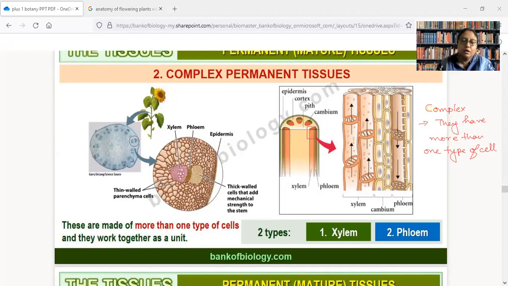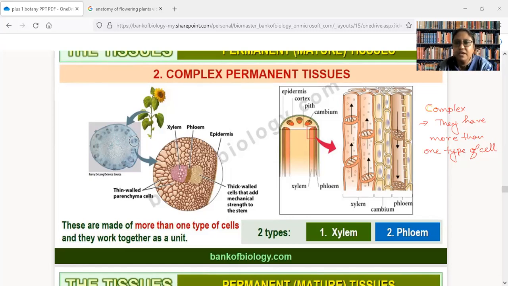Now you may be having a doubt, that we studied many variations of parenchyma in our last lecture. It can be aerenchyma, it can be collenchyma. Similarly, sclereids can be brachysclereids. Sclereids can be bone shaped, we call them osteosclereids. They can be star shaped, we call them astrosclereids. So in simple tissue also, various types of parenchyma and various types of sclerenchyma are available.